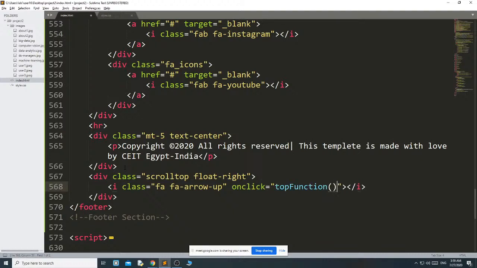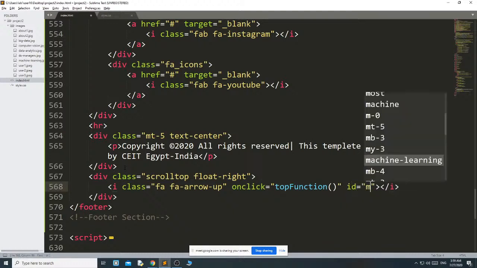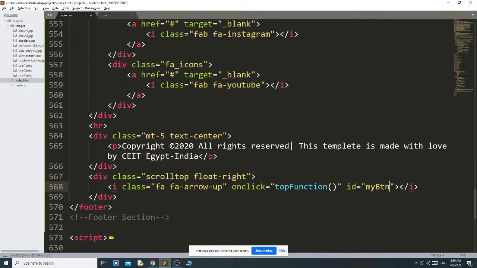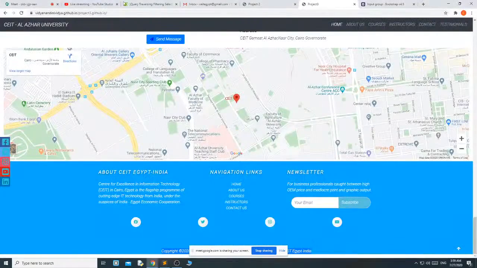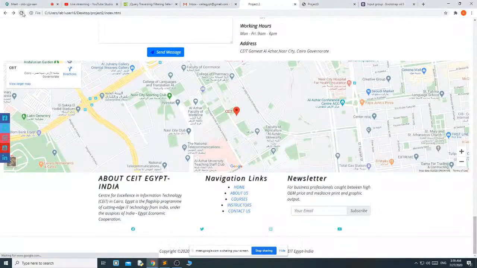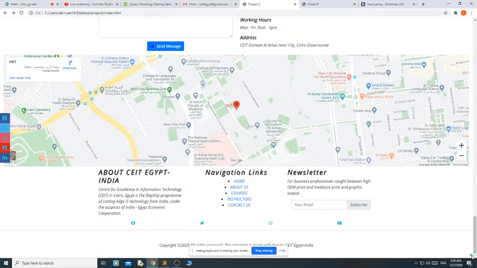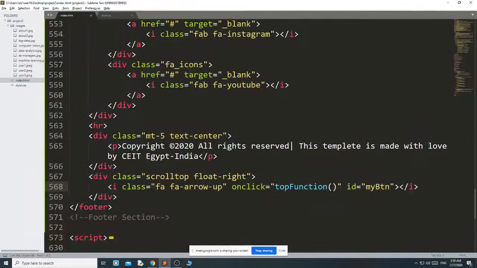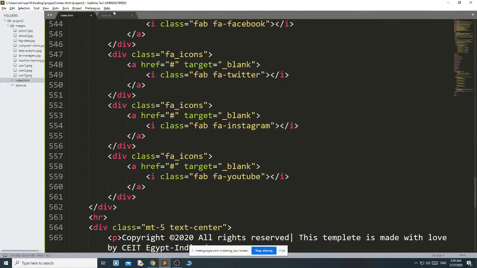Okay, and here also I need an ID because I want to refer this. This ID is my PTM. Okay, we got here. This HTML part is completed. Then we will see the CSS part.